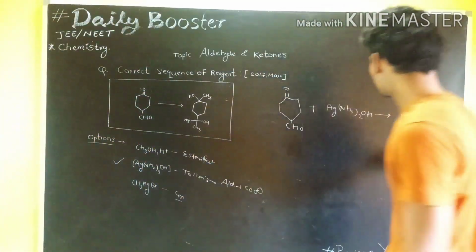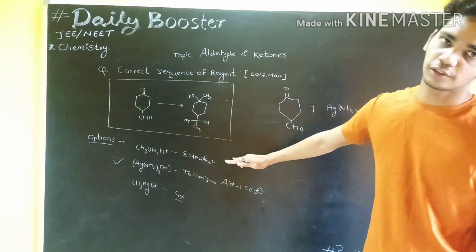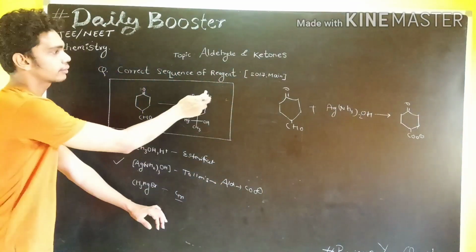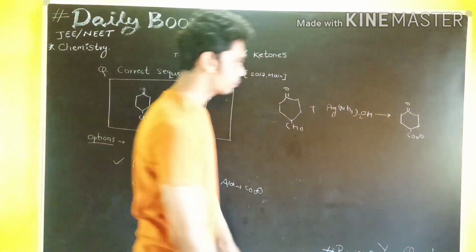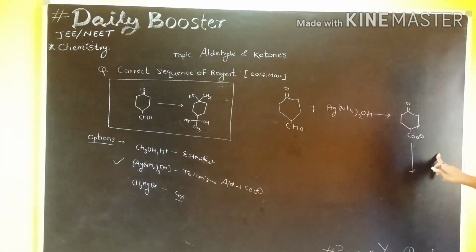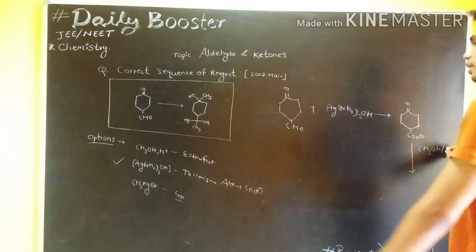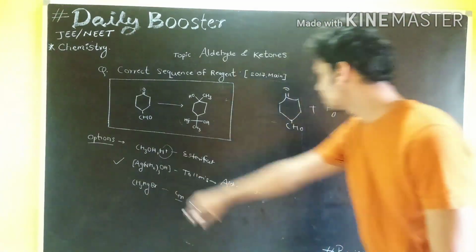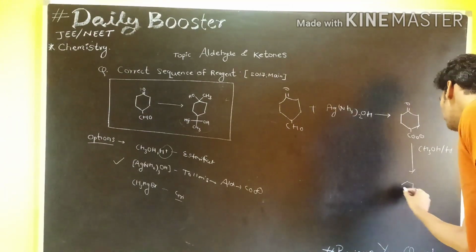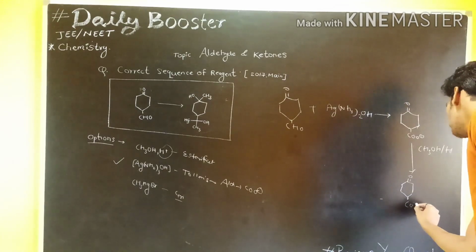Now as we have done this conversion, second we have to do esterification. Why? Because we add this group over here, and the Grignard reagent will add CH3 later on. So the next step will be the esterification. This was the oxidation by the Tollens reagent. Next is esterification by use of CH3OH in H plus condition, that is acidic condition. This will be converted into what? An ester. This is C double bond O, COOCH3.